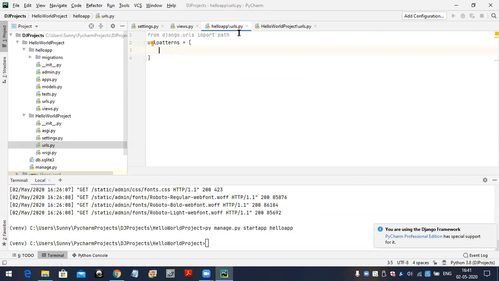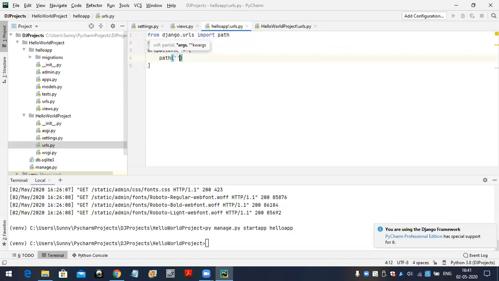Here first I'm going to import our views also: from . import views. Now here I take path with an empty URL pattern.